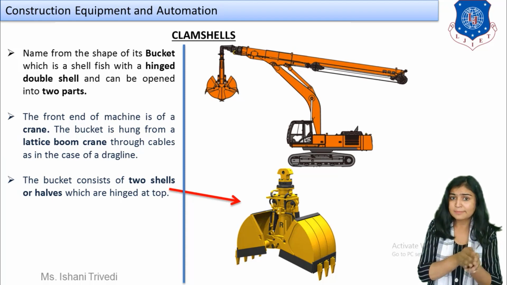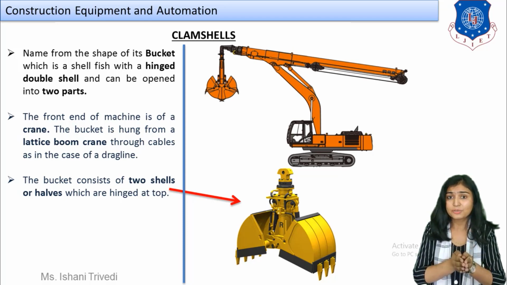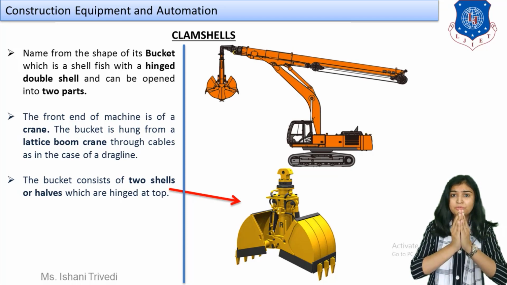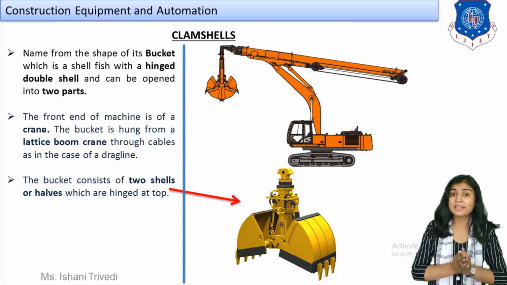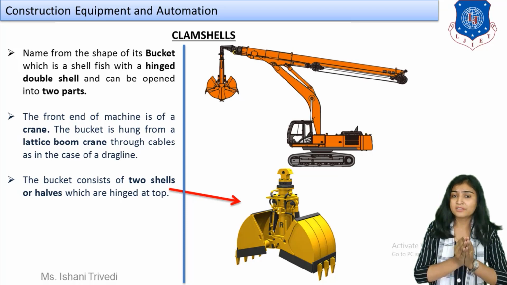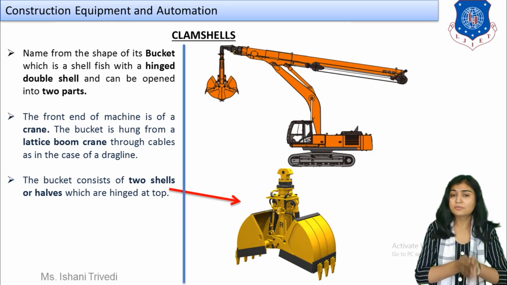Now from this concept of a regular fish shell, the bucket is made like that over here so that it becomes your clam shell, meaning the bucket will be in the shape of a shell. If you can see right in front of you, I have also enlarged the picture of the bucket, and you can see how it is mounted with the crawler mounting unit. And you can also see that a crane is attached to the clam shell in front of you, which we are going to call the hoist cable and the boom stick. It can be a crane, it can be a cylinder, whatsoever.